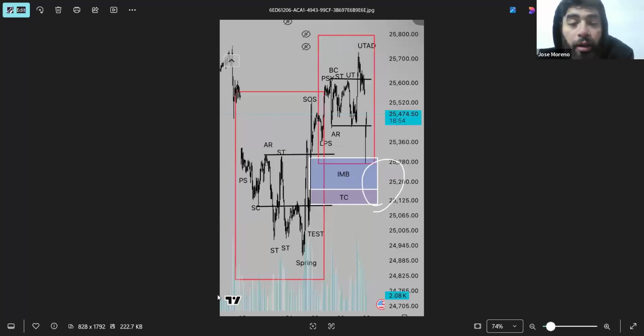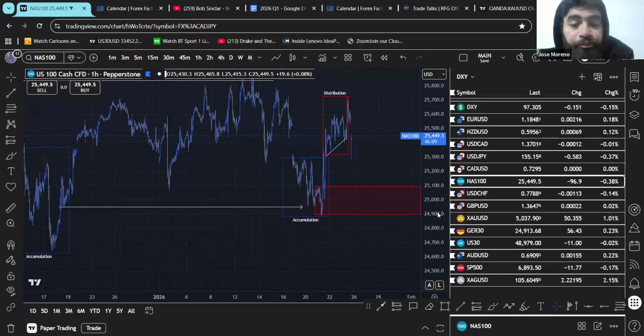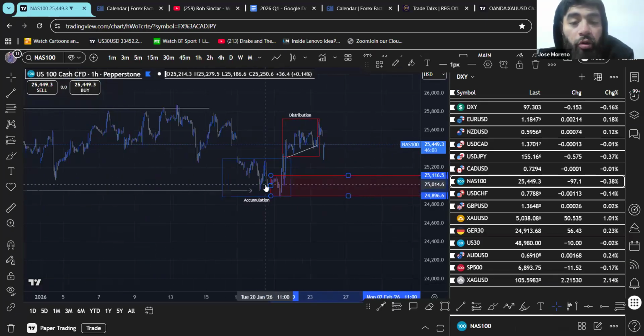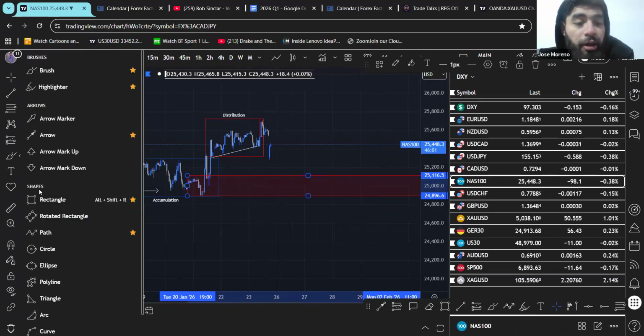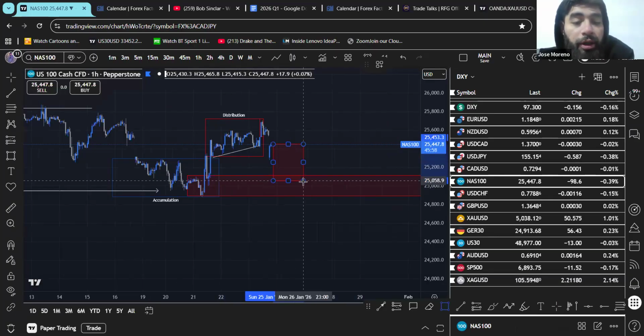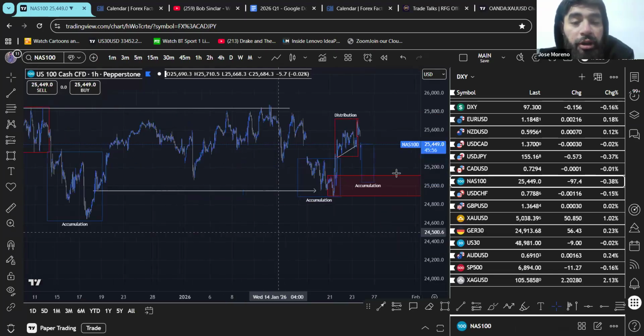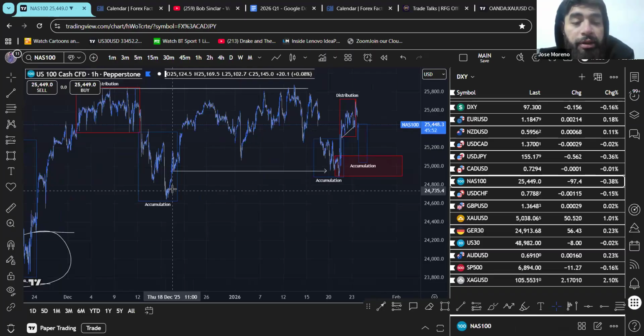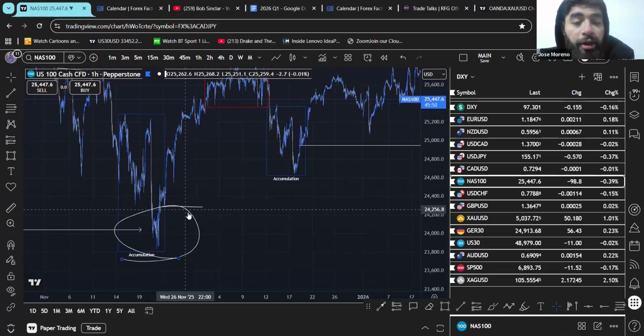So well done. But yeah, I would say the first zone is going to be the same thing as what you're looking at, basically as we come down. And essentially the goal would be, if this is going to be a distribution here, then we would want to see, okay, are we going to get signs of accumulation in here, right? Or are we going to end up going lower, maybe deeper into this area or deeper into this area, right?